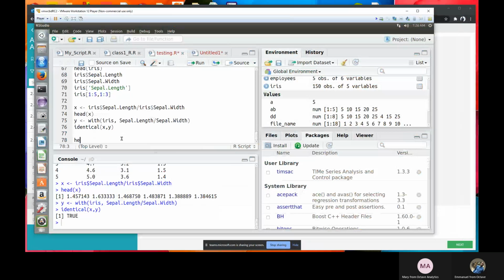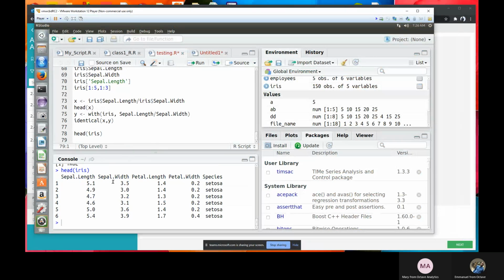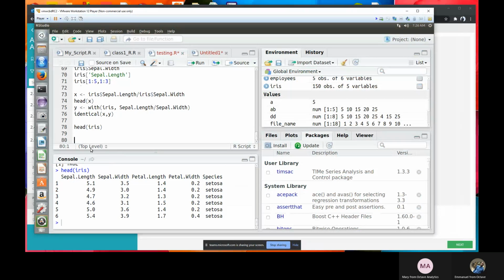First of all, let's take the head of iris. You can see it has these 1, 2, 3, 4, 5 columns. So I want to add another new column called ratio. I'll say iris is now equal to within iris.